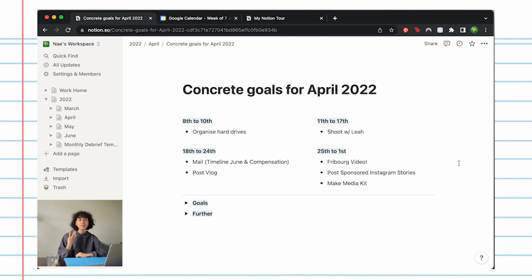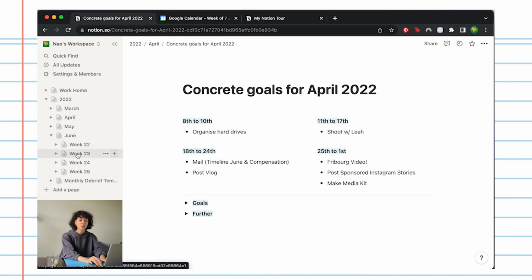Kind of works. I feel like I forget, I lose this page out of sight. Sometimes I want to figure out how I can do this even better, but I think you get the gist. And what I actually just now started doing in June is I pre-made all of the weeks for the month, and usually I would just do week by week, but what I thought about is if I have my monthly page, I can just drag the goals into the weeks already.